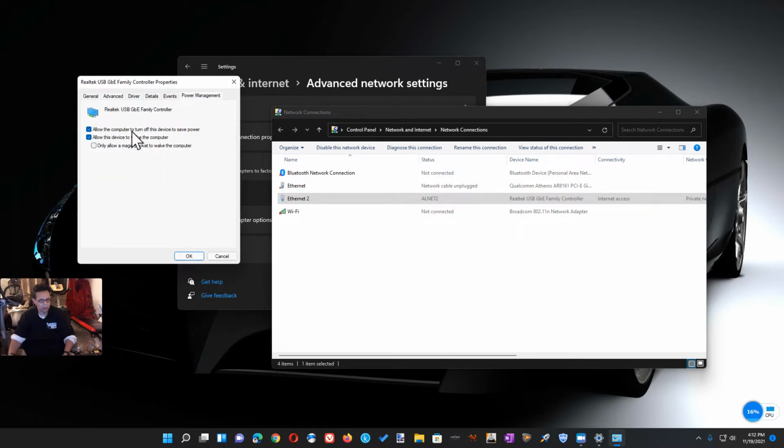Power management. A lot of computers turn off stuff to save power. Well, yes and no. I mean, if you leave it off, you get no updates. If it turns off, sometimes it might not turn back on again. You're going to have to, in this case, a USB, you have to unplug it. So it's something you want to think about. It saves power, but